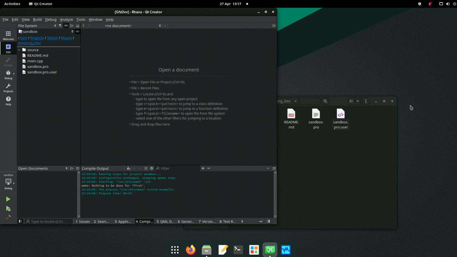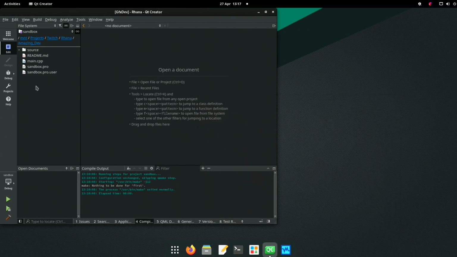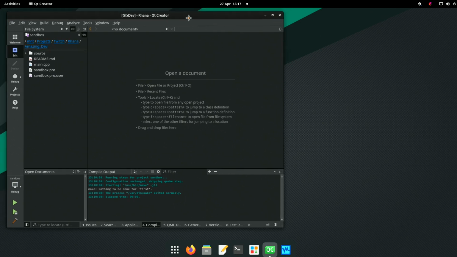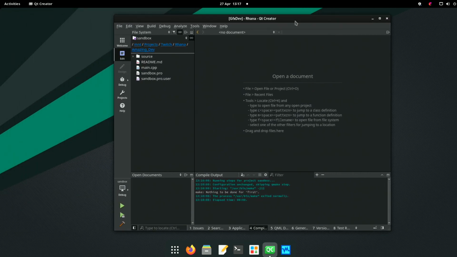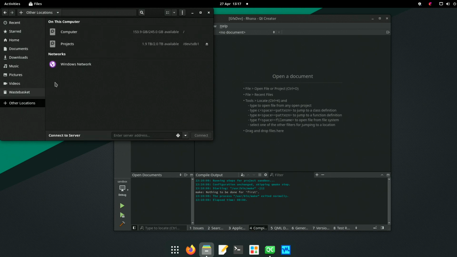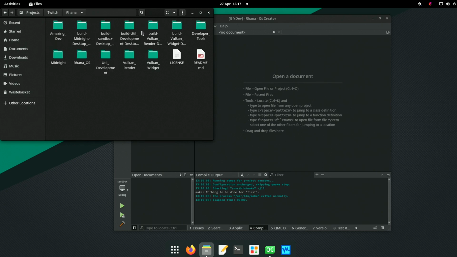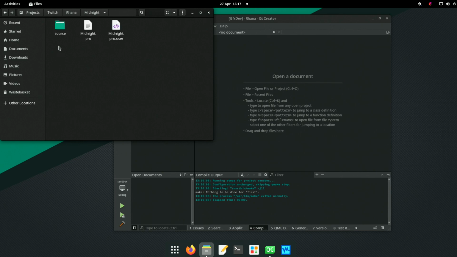So here we are. We'll pop you away a minute. What we're going to try and do is get this to work, which it shouldn't. According to theory, it shouldn't work. So where's Midnight? Midnight has a source. It does have assets.